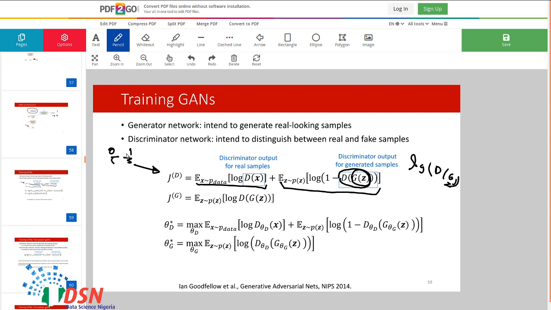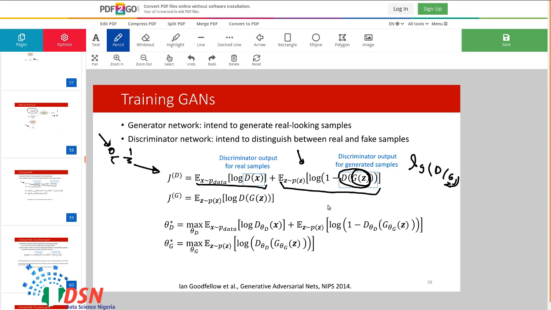And for the fake samples, we want a discriminator that tells us that fake samples are close to 0. So in that case, we want to maximize this term also.